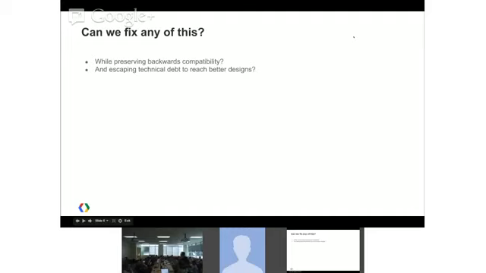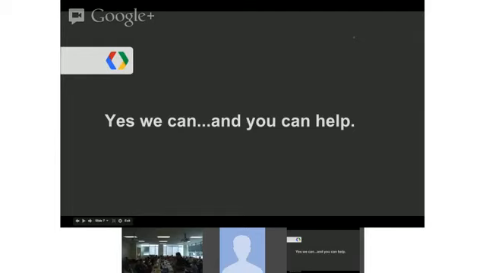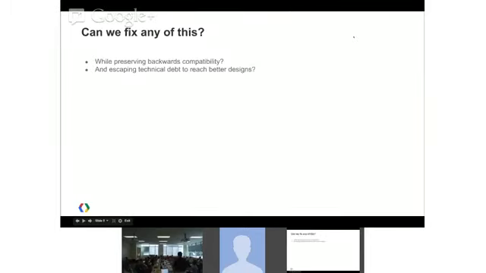But going forward, maybe we need some things that are simpler and easier to maintain. And can we escape some of the technical debt we've built up? One question. Yeah. So you are saying that while we are preserving backwards compatibility, is this actually a limitation? Should we actually try to preserve the backwards compatibility for all of this stuff? I think in most cases probably we have to, but we might be able to do it in a way